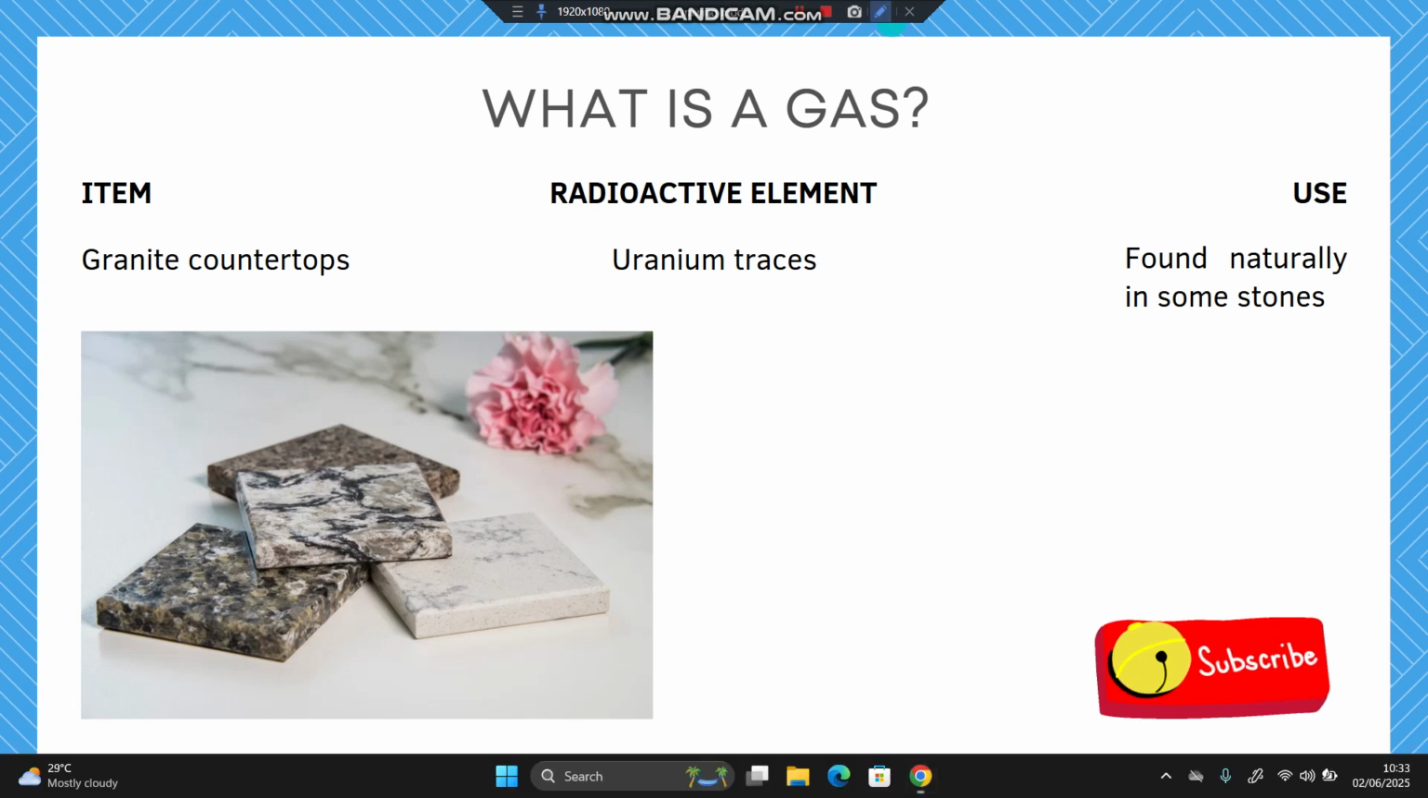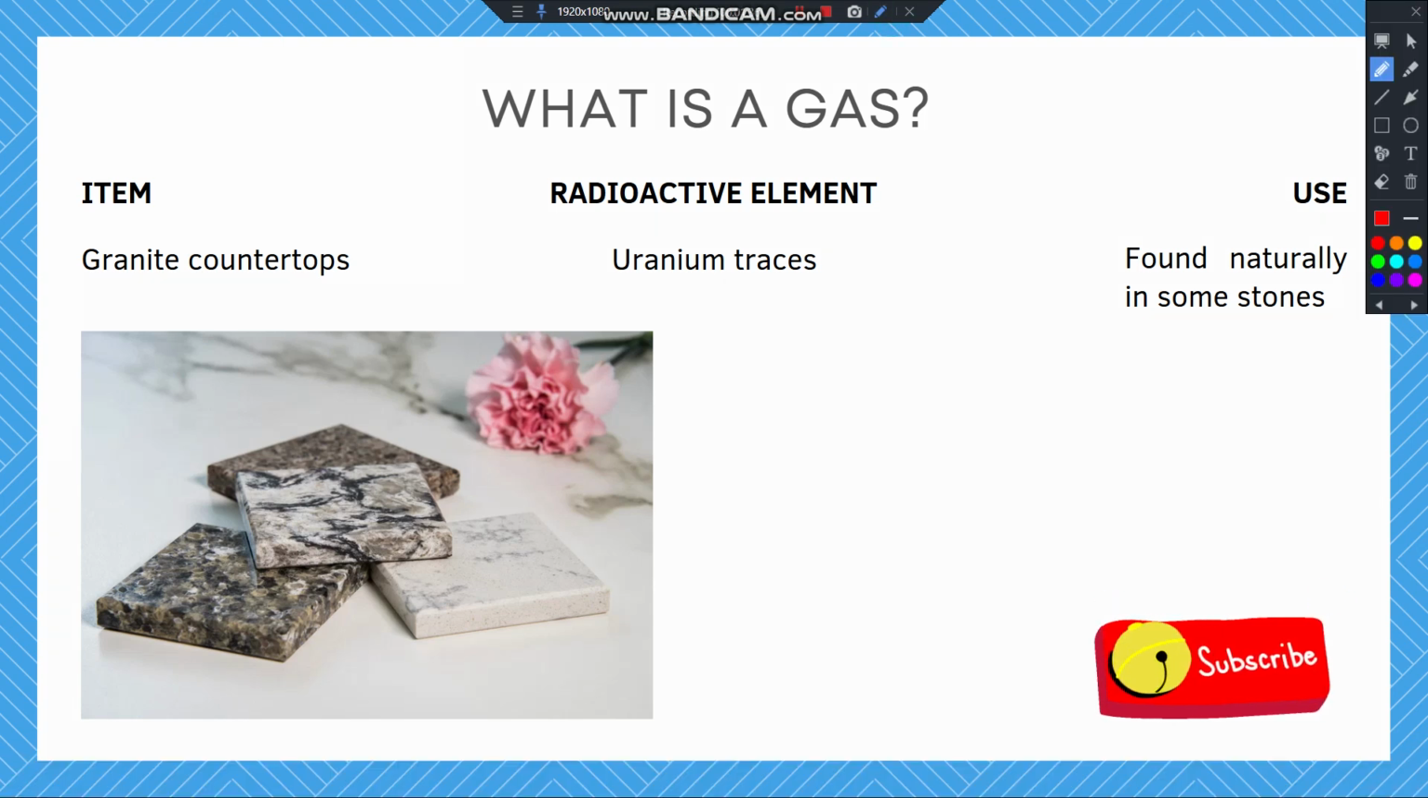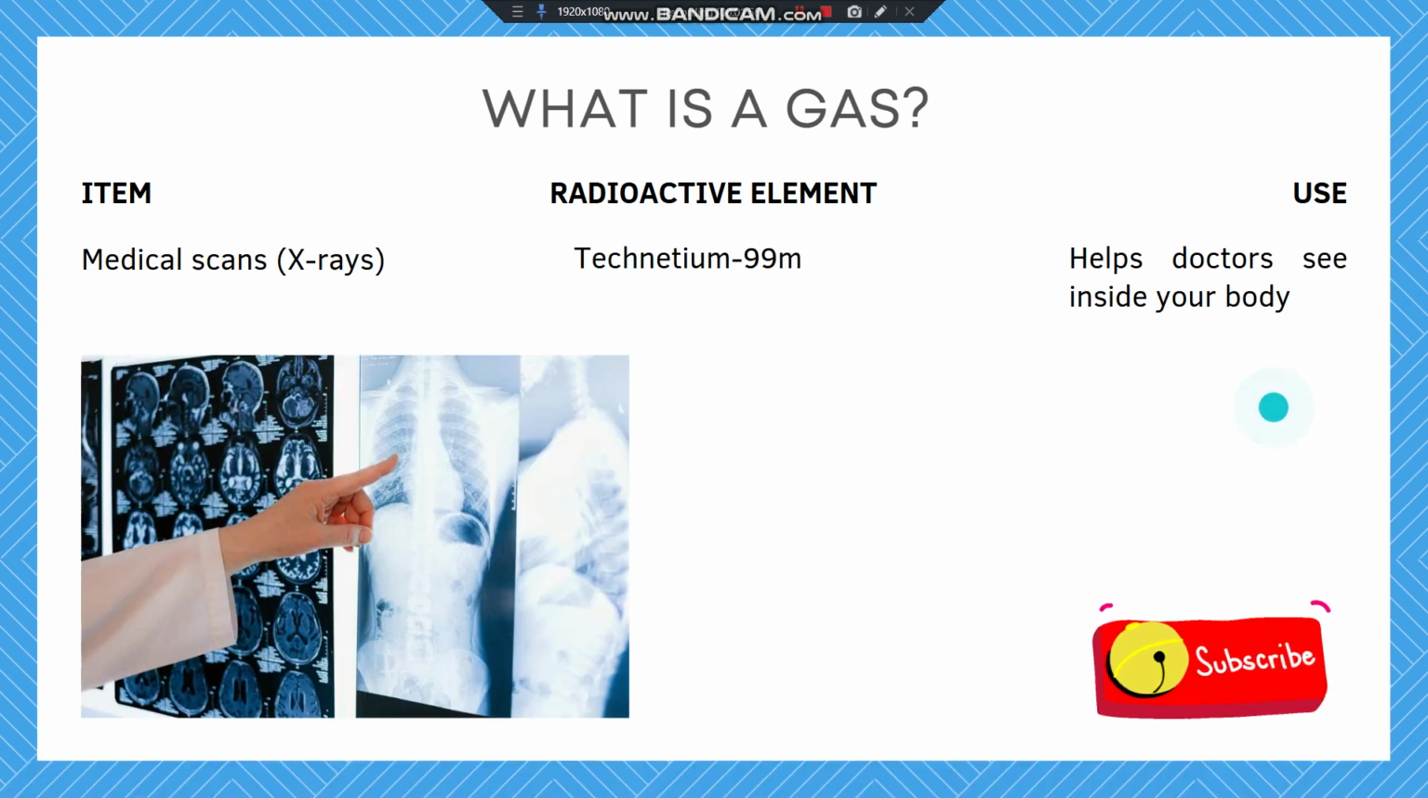Next item that is a radioactive material is the granite countertops you have in your kitchen. These granite countertops actually have traces of uranium found inside of them. So when you see a granite countertop, just know that you are looking at a substance that probably contains a trace of uranium, which is radioactive. Who would have ever thought that your kitchen would contain radioactivity of some sort? Next,